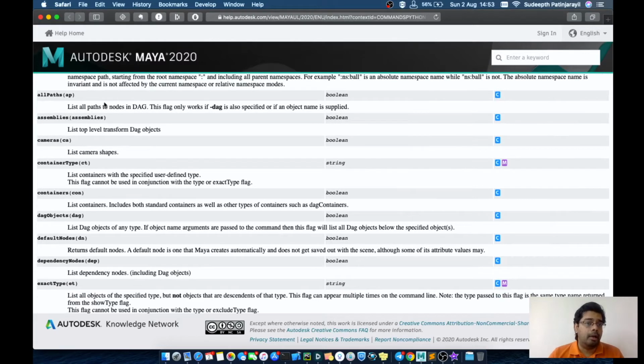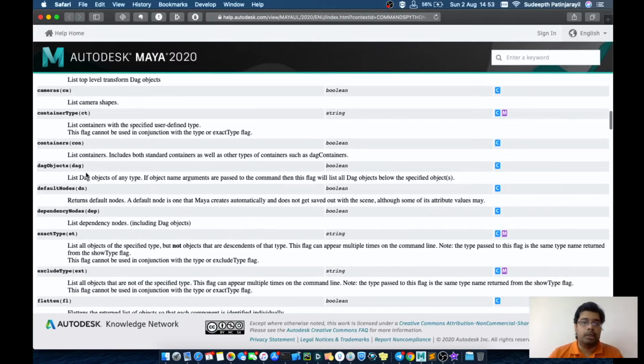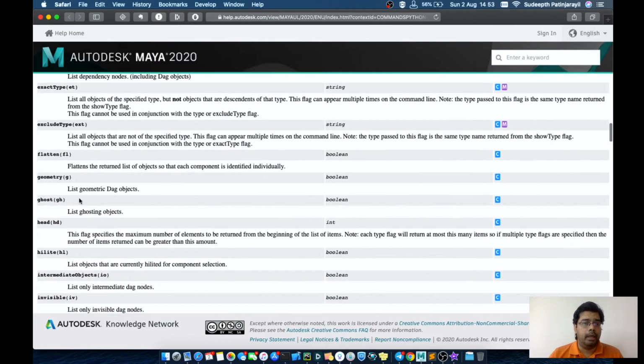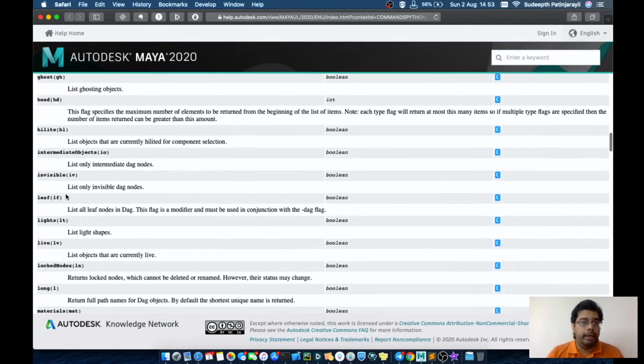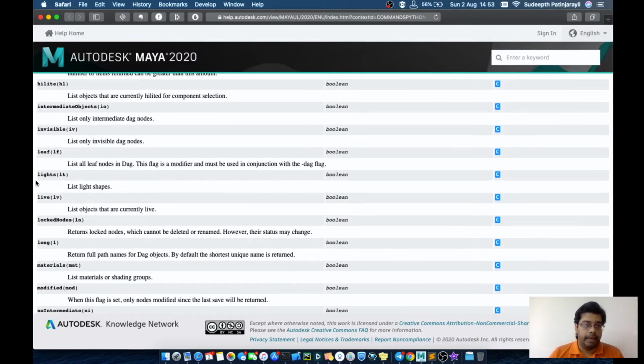Mainly we can get assemblies, which we'll be using now. You can get the list of cameras available in the Maya scene, the containers, DAG objects, and geometry, all the mesh information. You can get invisible items and the light information: how many lights are there in the scene file.